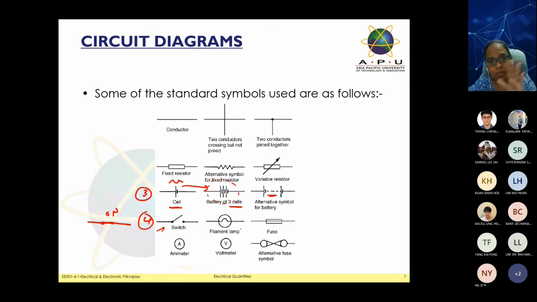Okay, and at the same time you may have a look at the filament lamp. This is based on the lamp symbols here, and the next one is based on the fuse. We do not cover much on the fuse, but when you open your plug, for example your handphone charger plug, in any plug you can find the fuse. We are not going to cover much on this part, but that is one of the components,